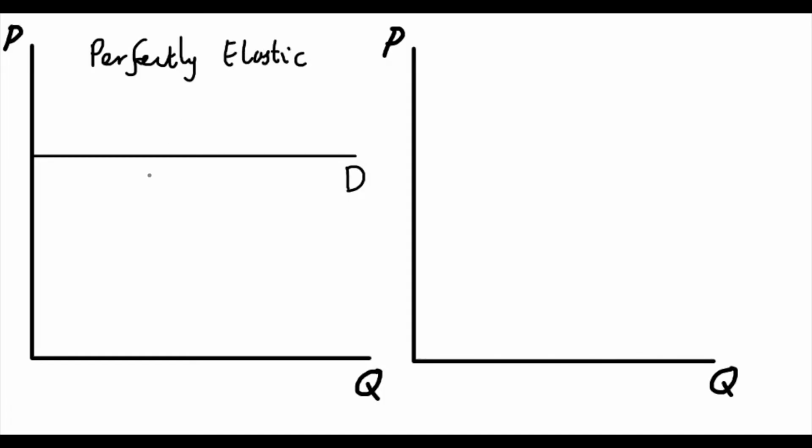And perfectly elastic means that if we start off charging a price of €1 in this case here, any increase in that price whatsoever, so even a change up to €1.01, will result in no quantity demanded whatsoever. So that €1.01 would never hit the demand curve, so we could go all the way across here. Because of that, when you work out the elasticity, it tends towards infinity. So the price elasticity of demand in terms of perfectly elastic products tends towards infinity like this.